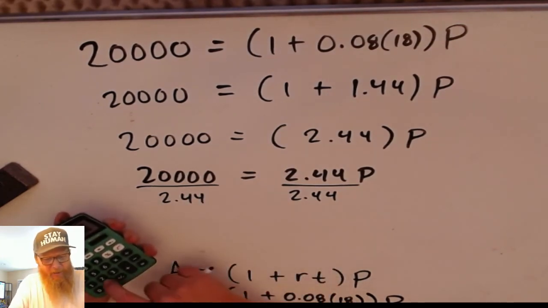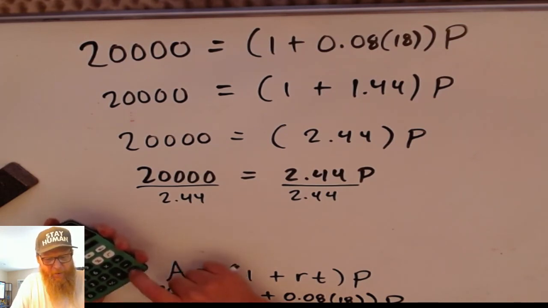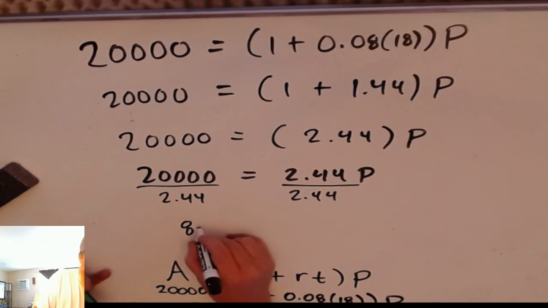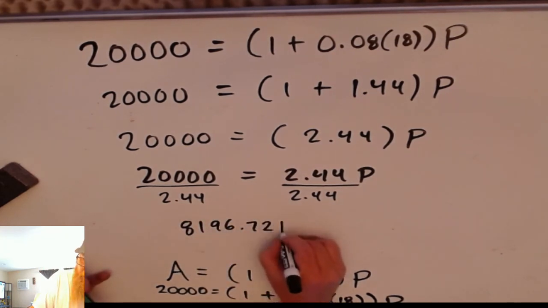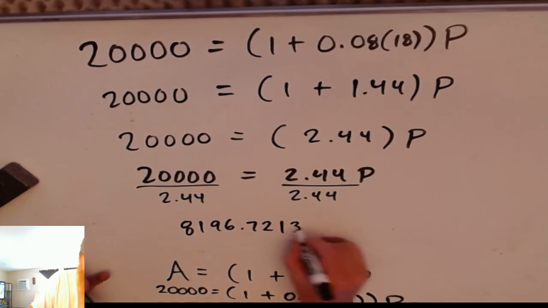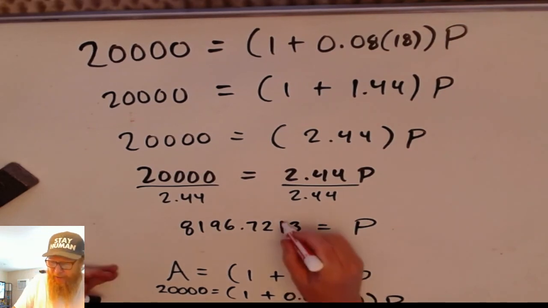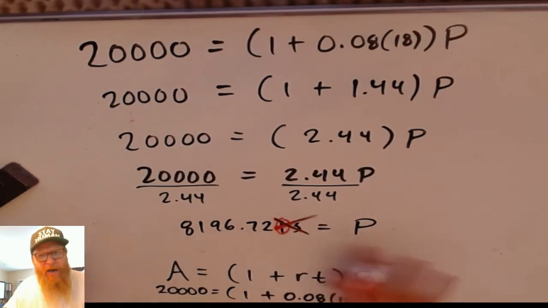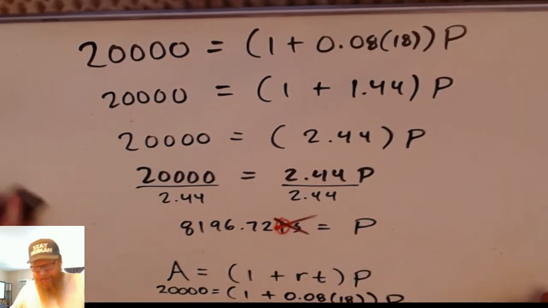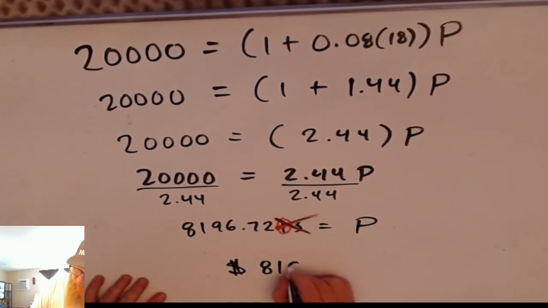So we got $20,000 divided by 2.44 is $8,196.72 or 7213 equals P. Again, look at the third decimal place. That's your decider. It's less than 5, so you just throw them away. Do not round up. And so if you want to send your kid to college, at least with a little bit of help,